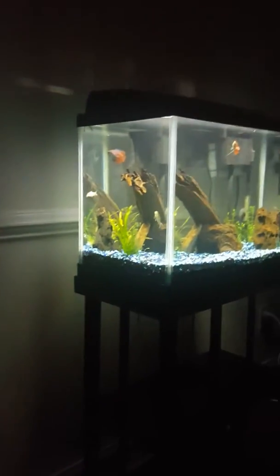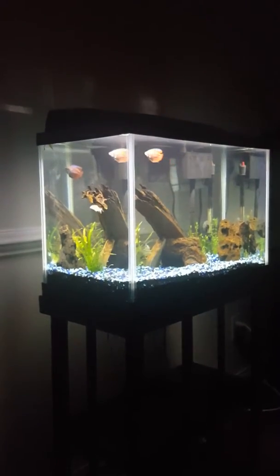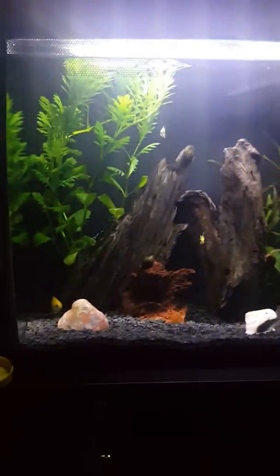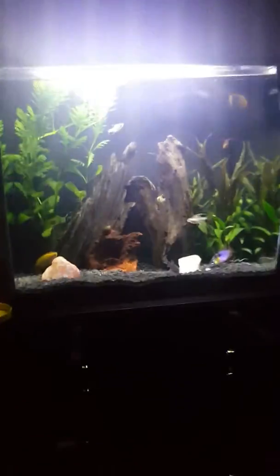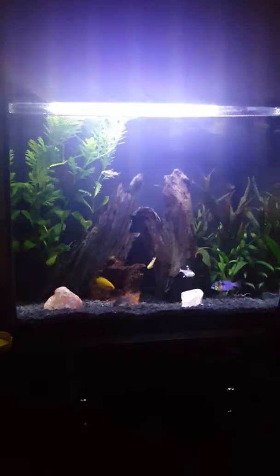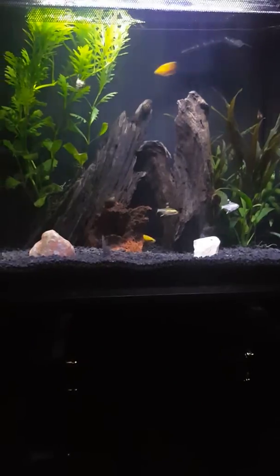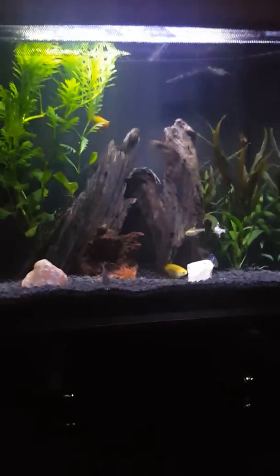And then just a show on these guys, they're just swimming along tonight. I'm getting ready to feed them too, but just thought I'd bring everybody an update and just let them see. Which, that light is super bright. Let's cut that down. I've watched some videos on these where people have talked about maybe changing the lights up